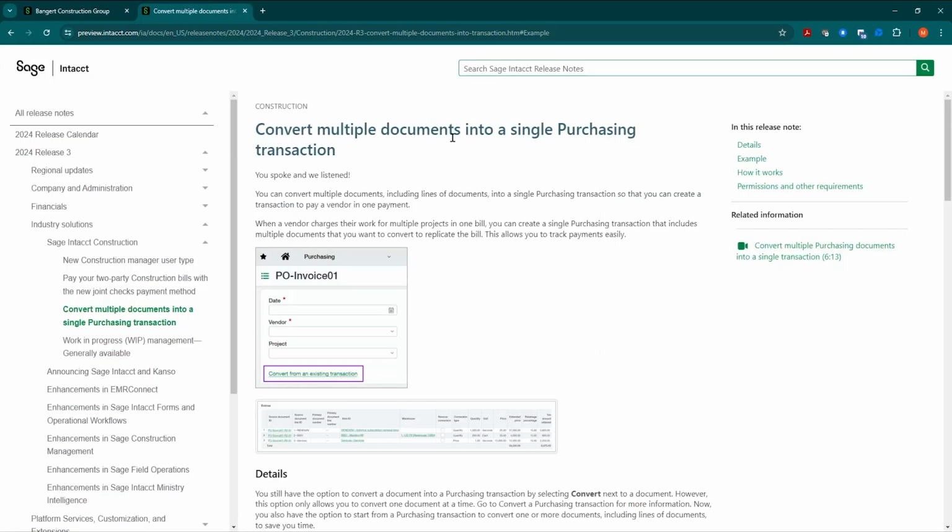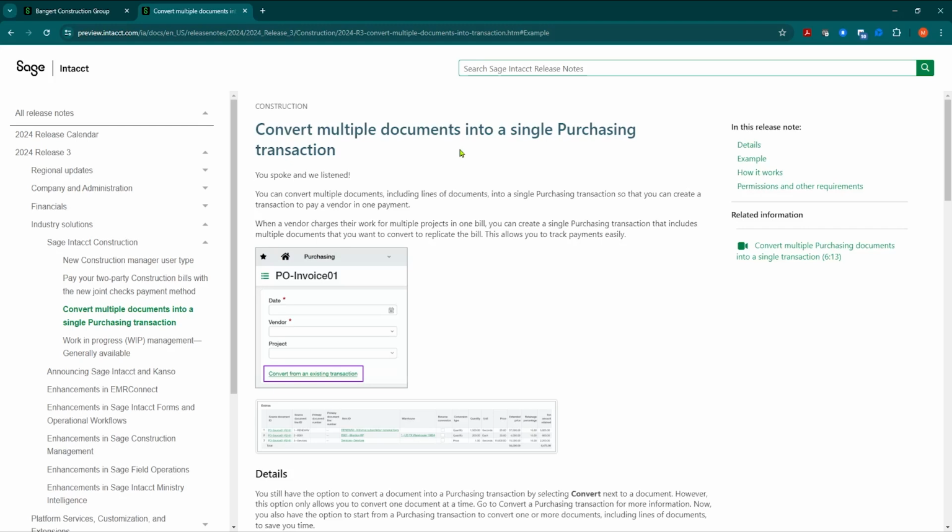Basically, when an AP vendor sends you a bill, it may be for multiple purchase orders or multiple subcontracts, all in one bill. You're now going to have the ability to grab multiple purchase orders or subcontracts when converting them into an AP bill.